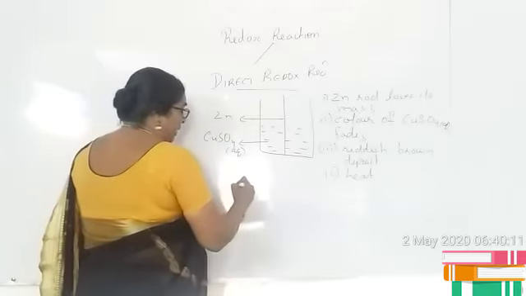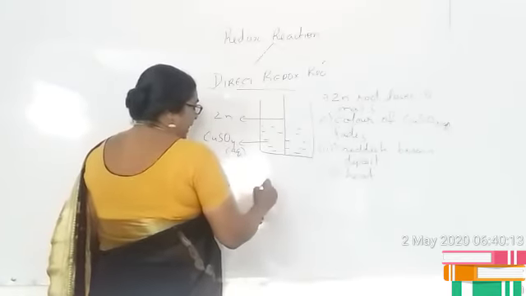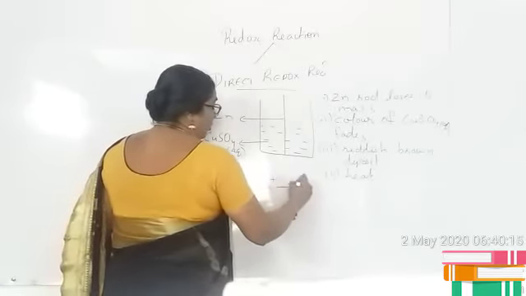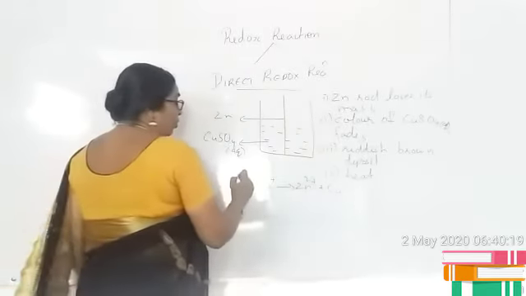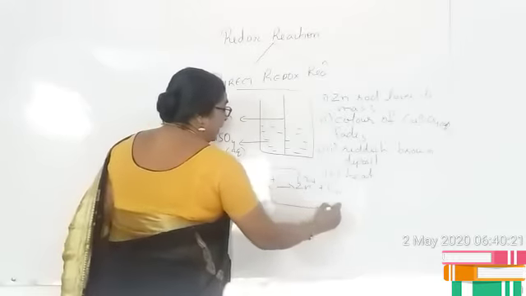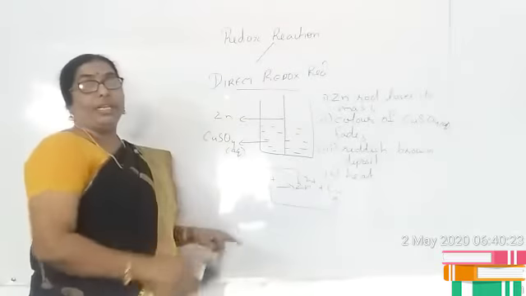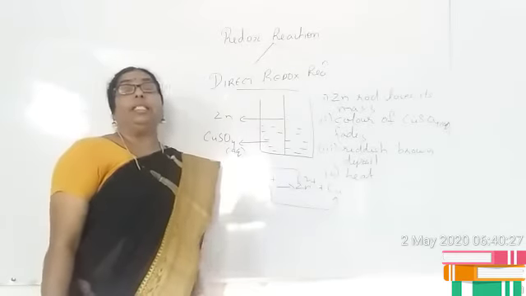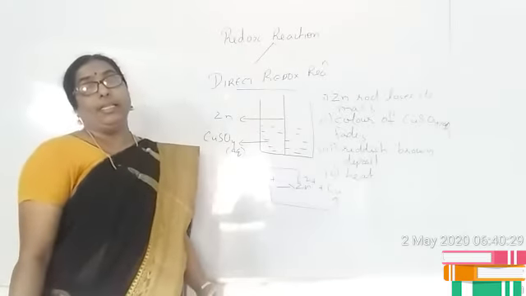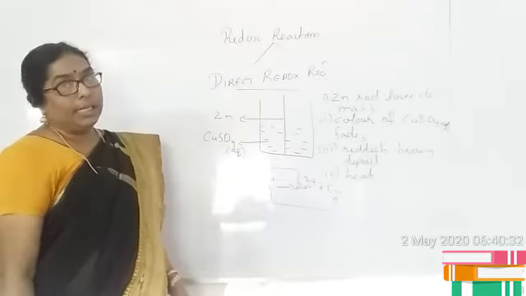Here if you see the chemical process, we can say that zinc reacts with the copper ions and produces zinc ions and copper. So just see, both oxidation and reduction take place here. That is why we consider it as a redox reaction, and since it takes place in the same container, it is considered as direct redox reaction.